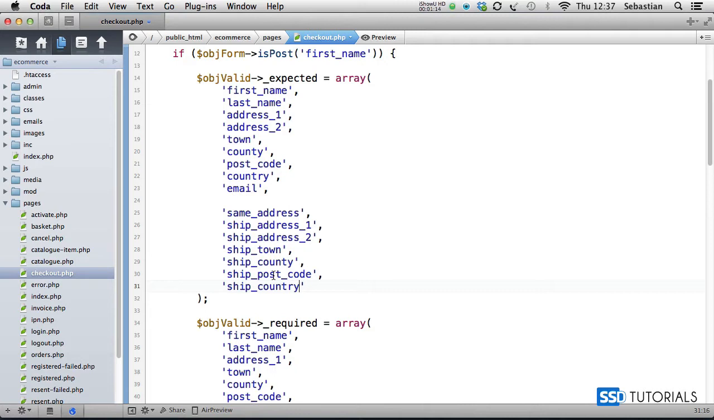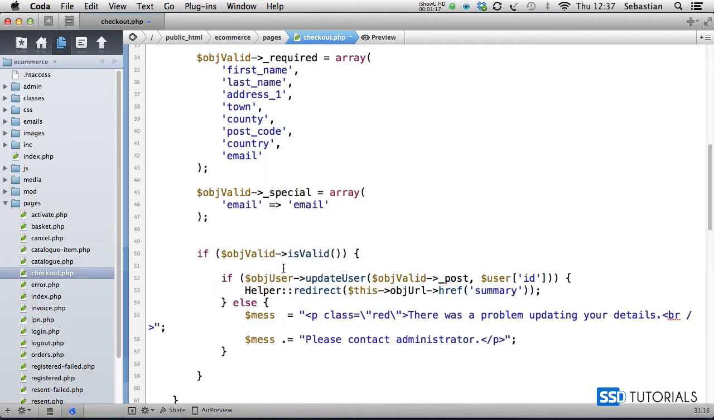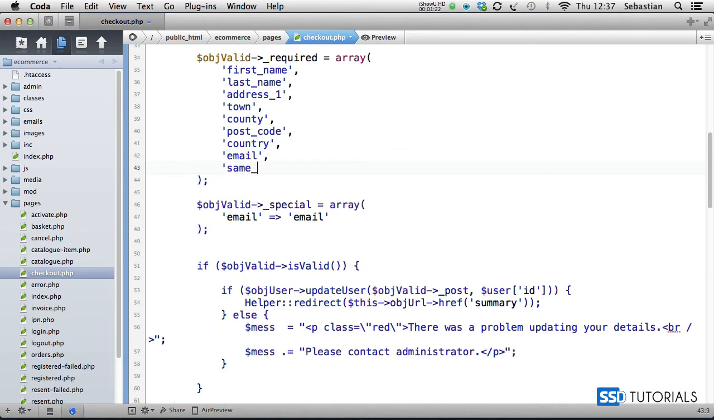If we now scroll down to the required array, and for the required, the only required field here is going to be same_address, which is basically the indication if it's the same or not. Now, how do we deal with the required shipping address? Once the same address is flagged as 0, which is basically going to be when the shipping address is not the same as the billing address, then we need to add to the required array obviously all these fields preceded